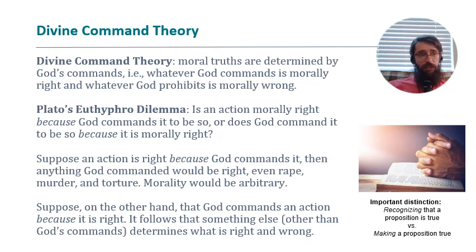Now, on the other hand, if God's just a truth recognizer of morality, then it follows that facts about right and wrong are independent of the divine commands. And so it's not the divine commands that make things right or wrong. Right? What Plato's Euthyphro dilemma seems to show is that divine command theory fails as an explanation of moral rightness and wrongness. Right? It doesn't serve as an adequate explanation.